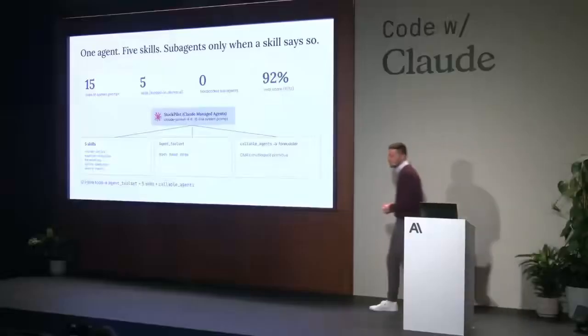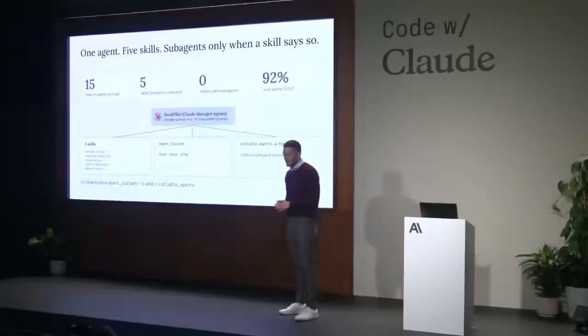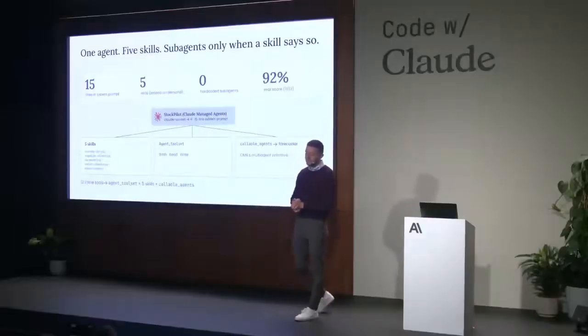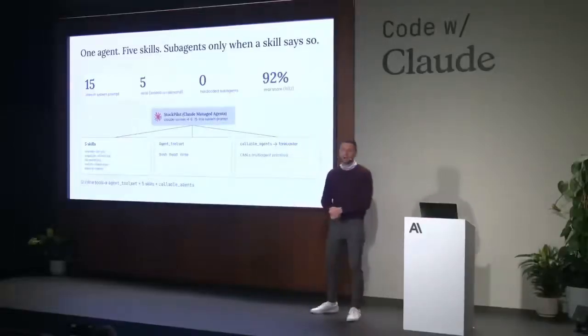We simplified our tools. We now have right now 3 different tools. So we actually simplified everything to just use bash, read, and write. Now, when our agent starts executing, we sync some data into the Claude managed agents environment so that it can reason across that data. We actually simplified our system prompt to 15 lines long,